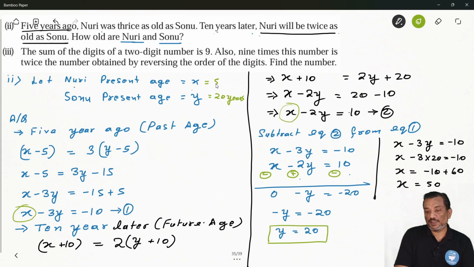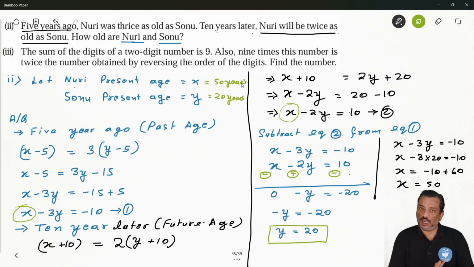ओके. तो आप देखिए कितना इजी वे में हमने इसको क्लियर कर लिया। ठीक है, तो इस टाइप के अगर क्वेश्चन आते हैं तो घबराने का नहीं है, आसानी से प्रेजेंट पास्ट फ्यूचर खेलना है और क्वेश्चन को सॉल्व करना है। ठीक है, अगेन जब प्रेजेंट एज लेना है, प्रेजेंट से हम पास्ट में जाएंगे तो हमें क्या करना है, उसमें सब्ट्रैक्ट करना है। अगर फ्यूचर में जाते हैं तो ऐड करना है, जैसे हमने इस क्वेश्चन में किया है।